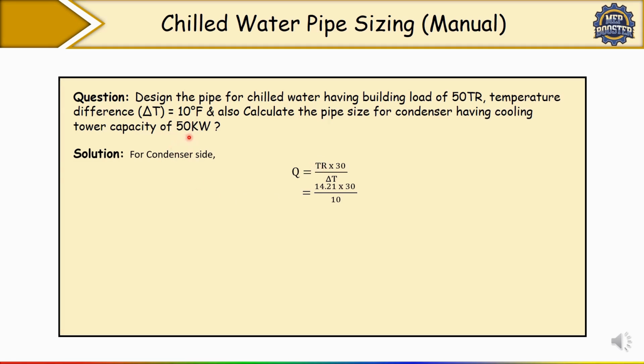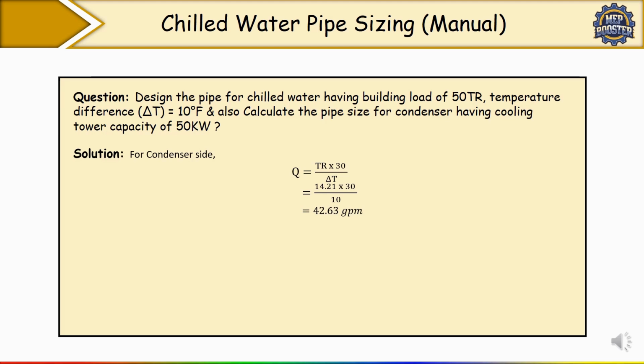Because here we have to substitute the capacity value in TR, first you have to convert this 50 kilowatt into TR. All of you know, I think, 1 TR is equal to how much kilowatt? 1 TR is equal to 3.517 kilowatt. So here we have to convert kilowatt to TR, so you have to divide by the 3.517 factor. You will get the value 14.21. So I have written that into 30, delta T is 10. From here we'll get the flow 42.63